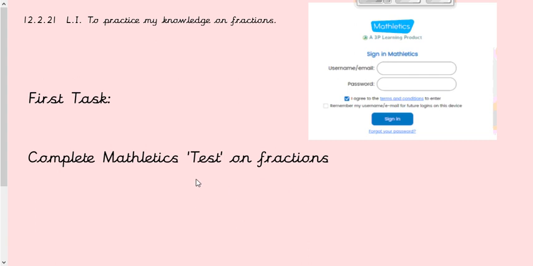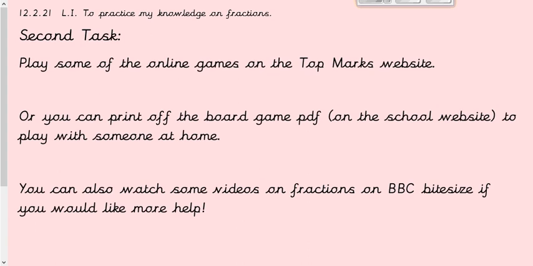Remember, don't worry, just because it's called a test doesn't mean that it matters too much. Just try your best, and that's all I can ask of you. And then it's just for me to see which parts we need to go over again at some point in the future. Once you've done that, your second task is you can either play some online games on a website